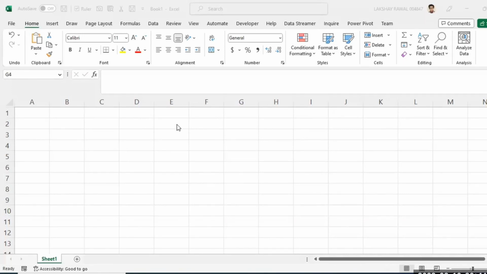Tableau, Power BI, Alteryx, other tools are there. But yes, basic type of dashboarding, we can do it in Excel. It is basically used for analysis. I can perform data cleaning, I can perform data transformation, I can do analysis and can do so many interpretations for my organization. So first of all,